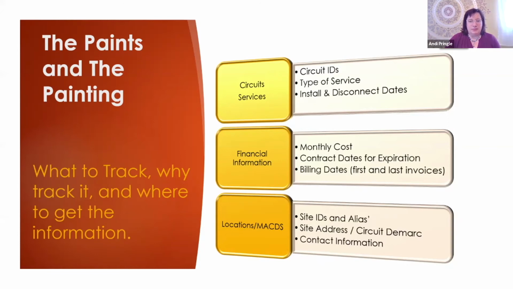From these basic brushstrokes, you can add in any other information you can think of, and the possible items here are endless. You can trust me. Also consider finding previous circuit information as well as the current, and also add in any pending installs. This will help you with historical data and will cut down on surprise new services showing on the invoice.